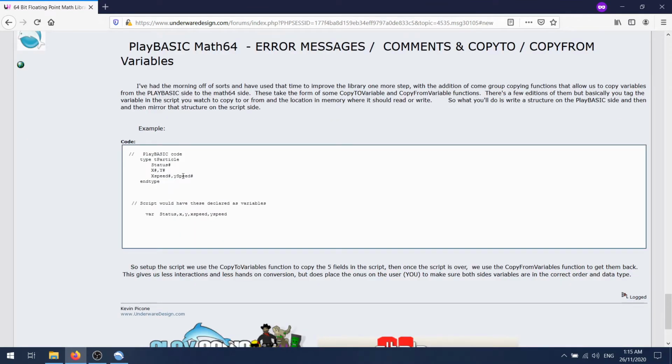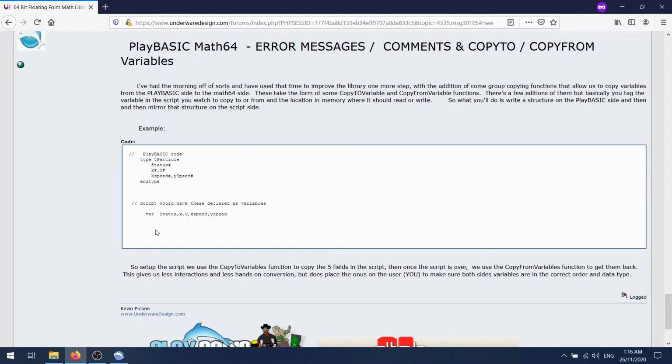So the section of code here, I hope you can see that on screen, but that's the PB structure. Now they're all floats, they're all 32-bit floats, because what we're going to do, ideally, is when we create something of this structure, we're going to get a pointer to that thing and then use copy to copy all of those fields into their 64-bit cousins inside the script.